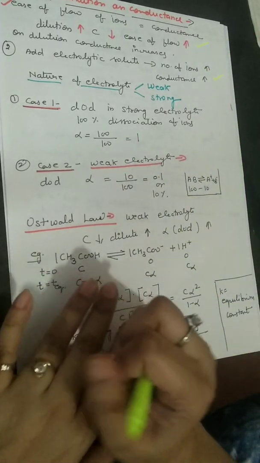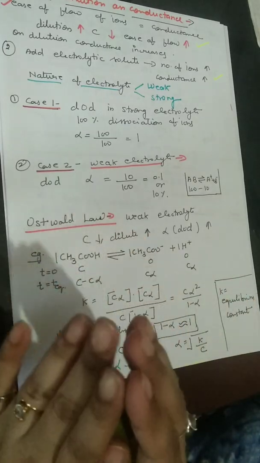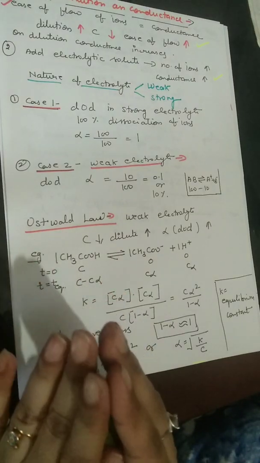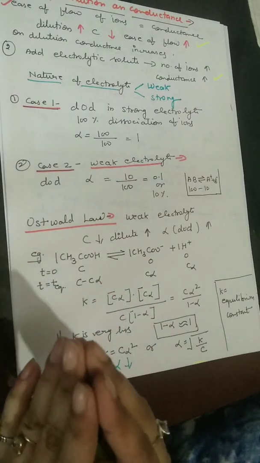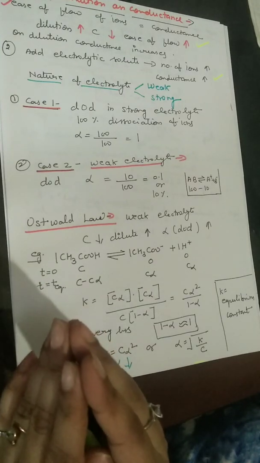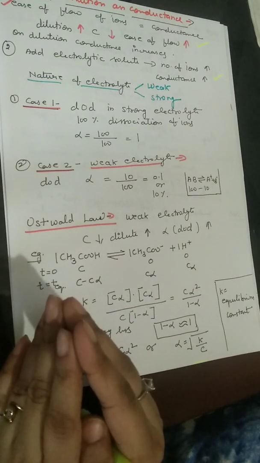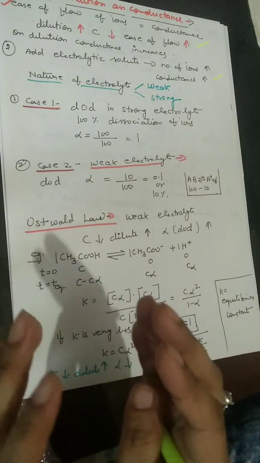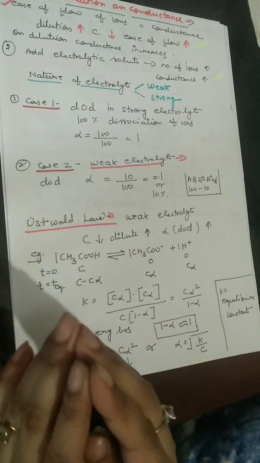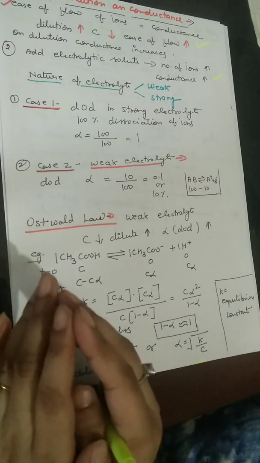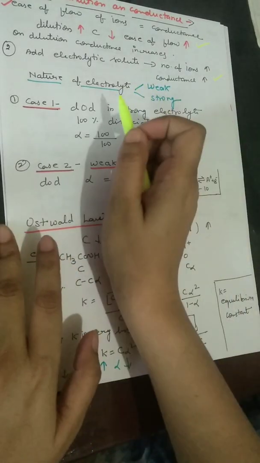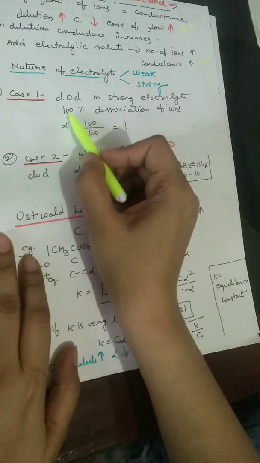Now next, electrolytes are of two types. First is the strong electrolytes, which dissociate completely in the solution. They are called strong electrolytes, like HCl, NaCl, etc. And the electrolytes which do not dissociate completely in the solution, where only some ions are formed, are called weak electrolytes, like acetic acid. Okay, so first we understand the degree of dissociation in case of the strong electrolyte. Strong electrolytes dissociate 100%.